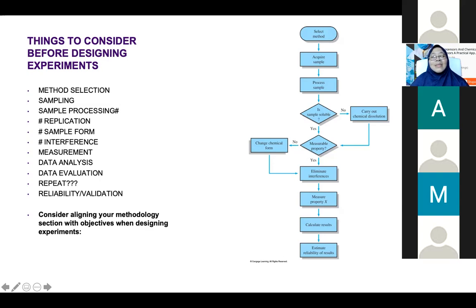Okay. Sample processing. Whenever you want to send a sample for analysis, is it suitable for NMR analysis? Is it suitable for Raman analysis? Is it suitable for FTIR analysis or any other analysis? That is your responsibility, not the operator's responsibility. You have to check whether your sample is soluble, and that you use the correct solvent. So it's your responsibility, and it should be in your research design.